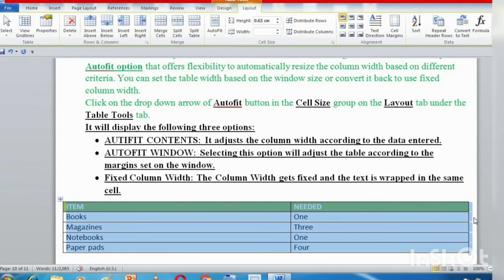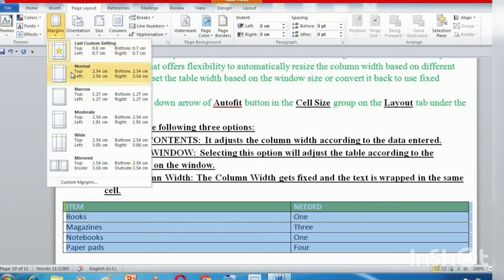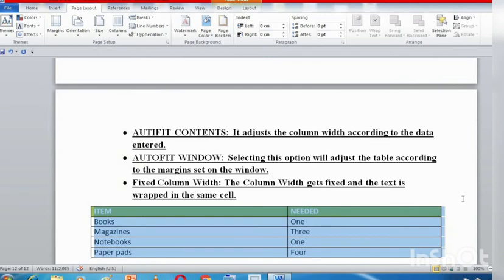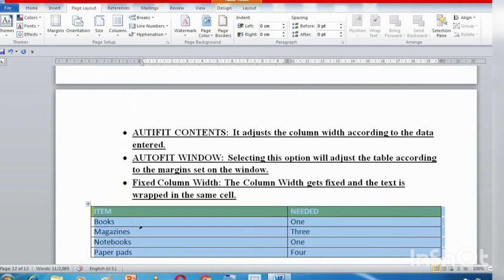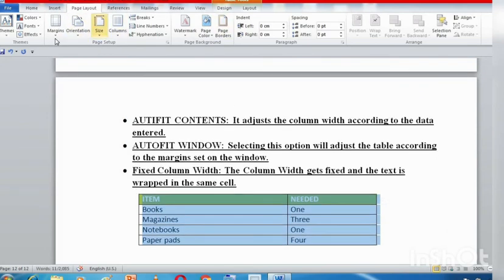Suppose I change the margin of my window, and again I change the size of my table. I have changed the margin of my window to what? Look over here.